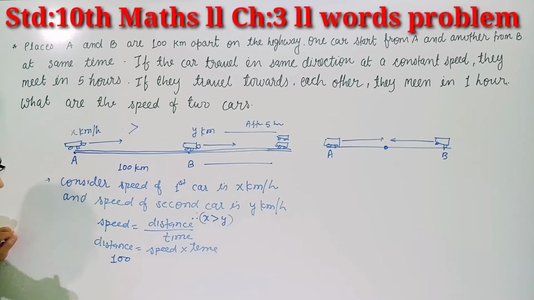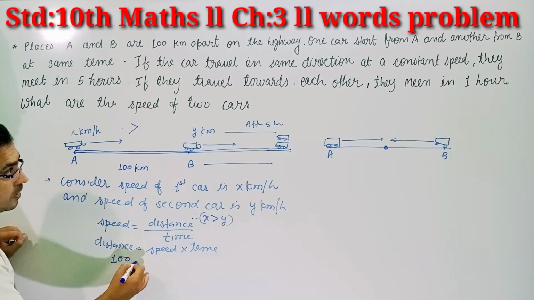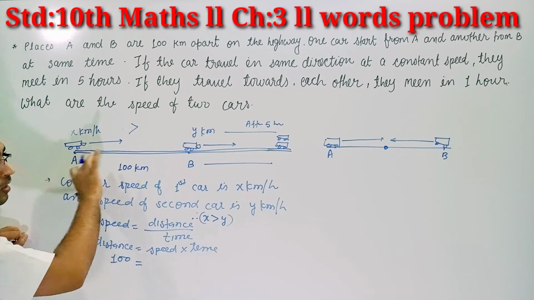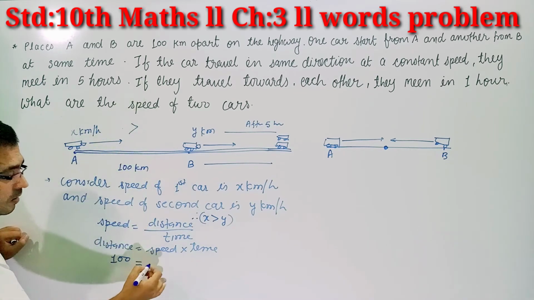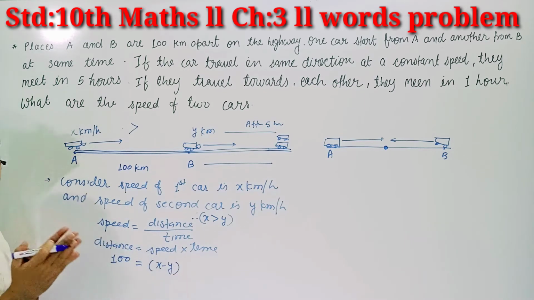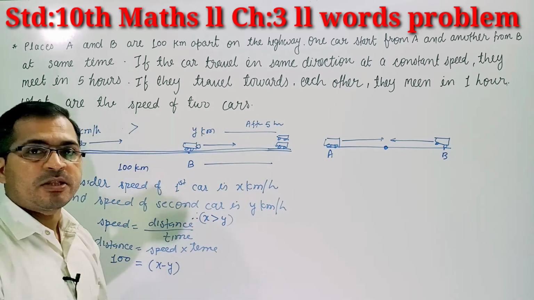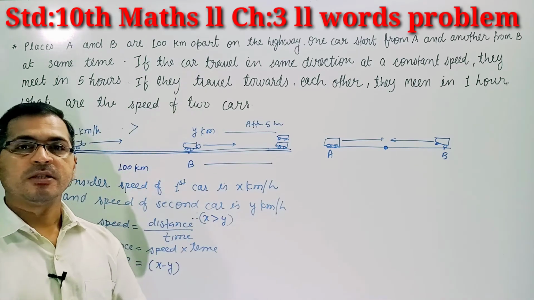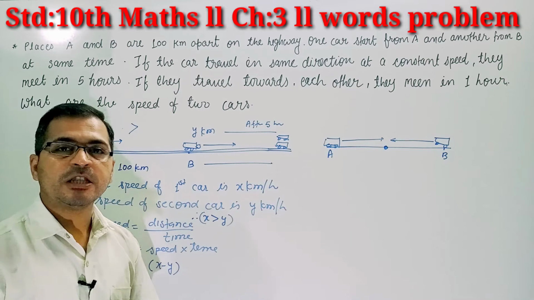100 kilometer. What is 100 kilometer? And the speed of the train, the speed of the car will be what? X minus y, because both the cars are traveling in the same direction. If two objects are traveling in the same direction, and you are calculating the speed, then the speed